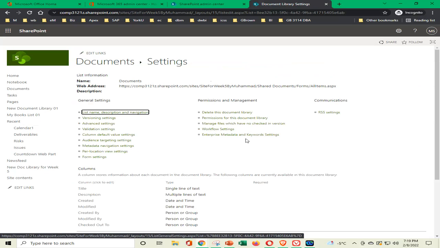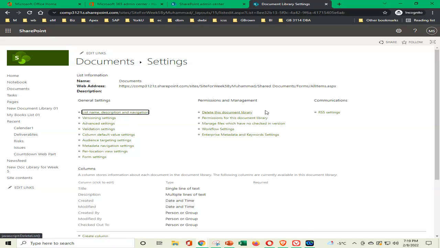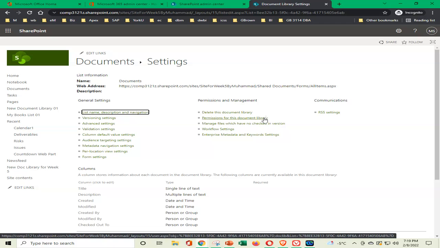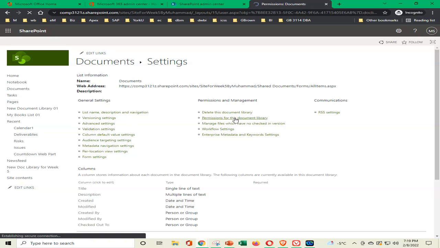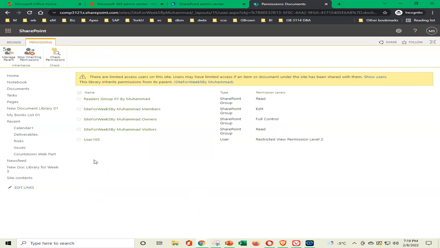If we go to this column, this is permissions and management. Delete this document library if we like to. Permissions for this document library. Manage files which have no checked in version, and workflow settings, and enterprise metadata and keywords settings. So right now we are studying about the permissions for this document library. I will click on it and see which page we will reach, and on this page we see